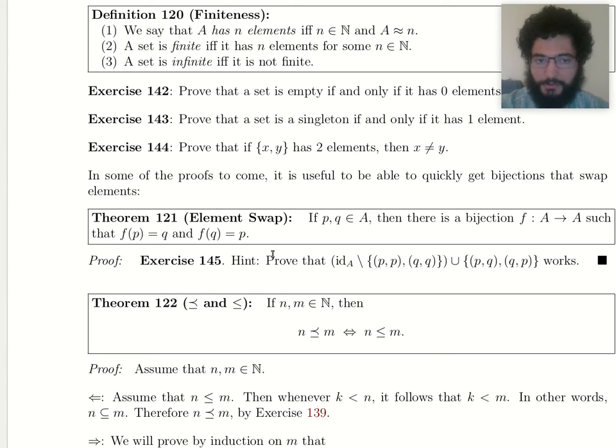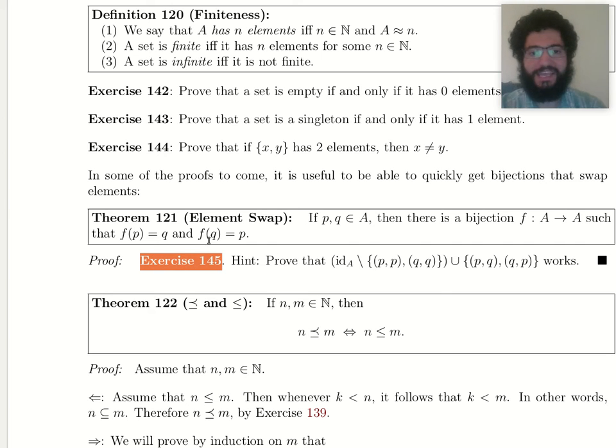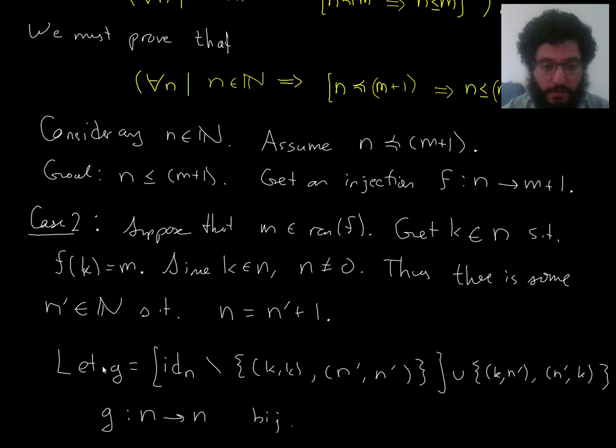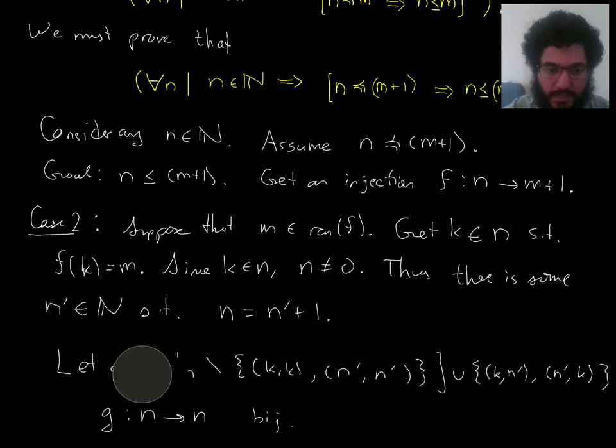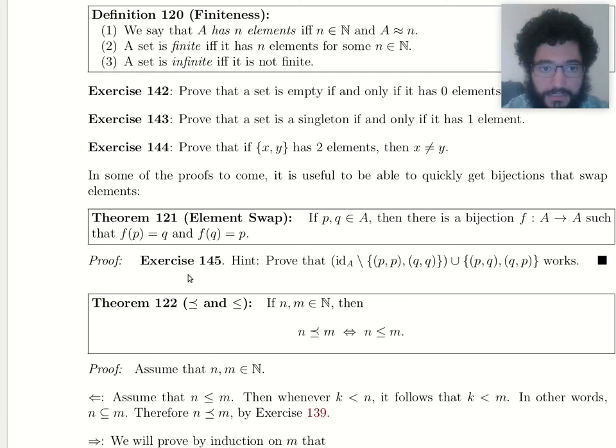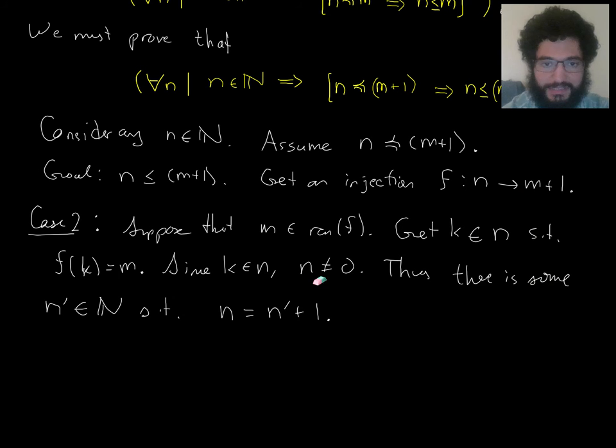It's not really getting us out of it. I mean, the work is here. We're just pushing it away from our work in proving theorem 122. So here then, I'm not actually going to define G. I'm going to use the fact that according to theorem 121, there exists a G that does what I want, that swaps things. So by theorem 121, which we should feel guilty about using because we haven't proven it,